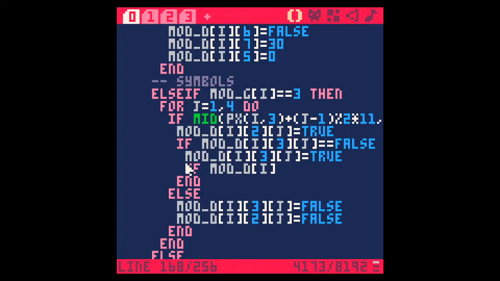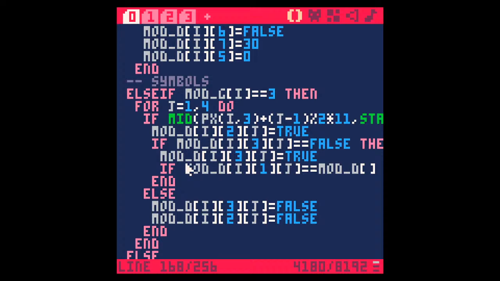How do I check which button I pressed? I mean, J is the one. Okay, so whichever I press, J is going to be the index of the number of the button I pressed. So mod data 1, the randomized, the J1 out of that. So out of the random one, whichever I clicked, if that equals the mod data